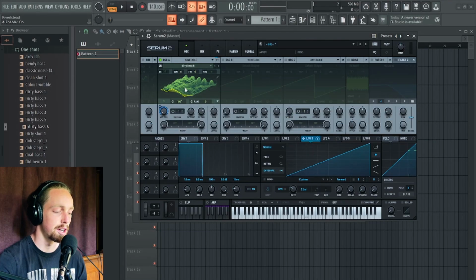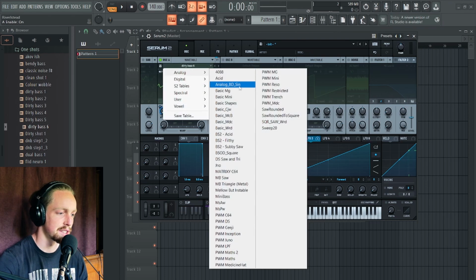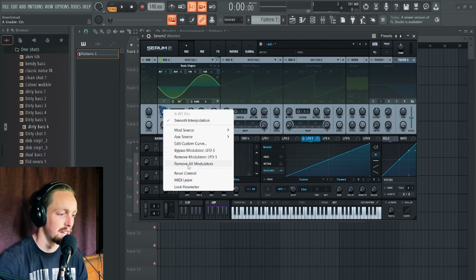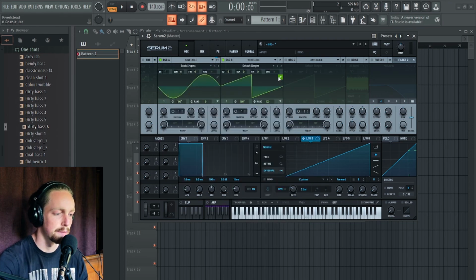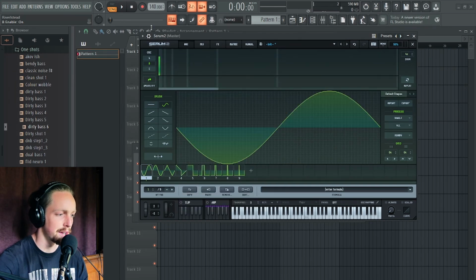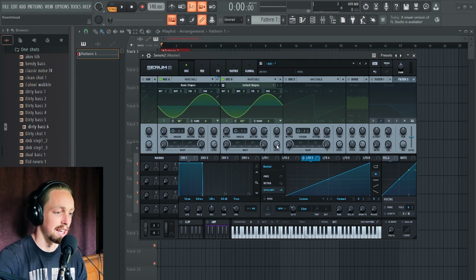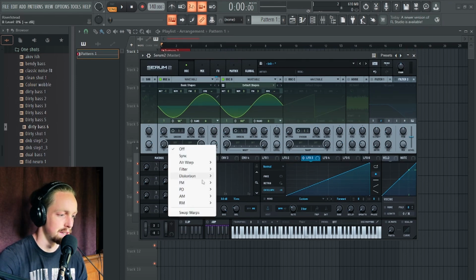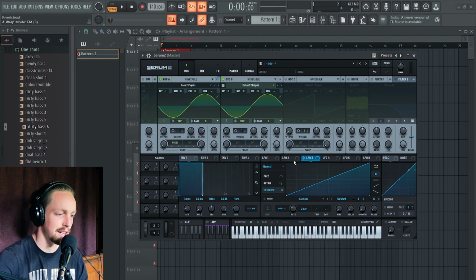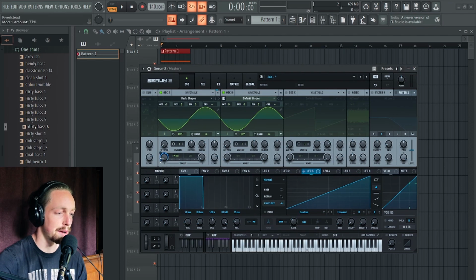Now I'm going to go through the third method of creating wavetables, and this is personally my favorite. It is using internal resampling. If I just reset this to some basic shapes and then put together an FM type setup, grab myself a sine wave, and I'll bring the random phase down for both of these so we have a nice consistent signal. Then I'll just turn the level down for this second oscillator. Select FM from B, and I'll use a 1 bar ramping up LFO because when Serum resamples internally, it resamples a bar worth of information. Now, if I just have the FM rising,